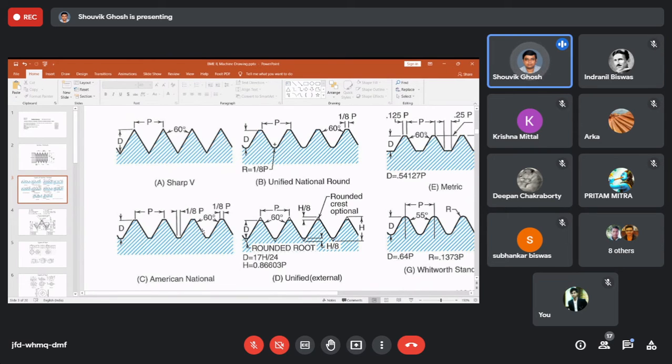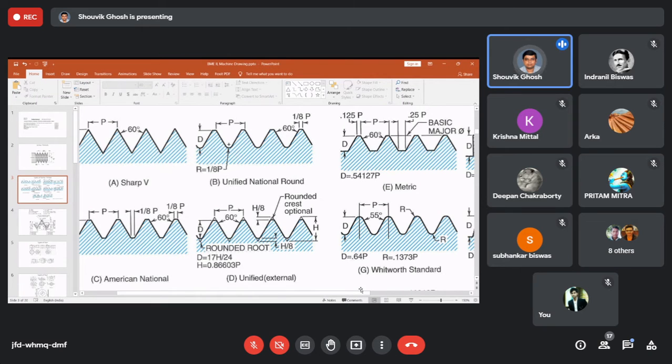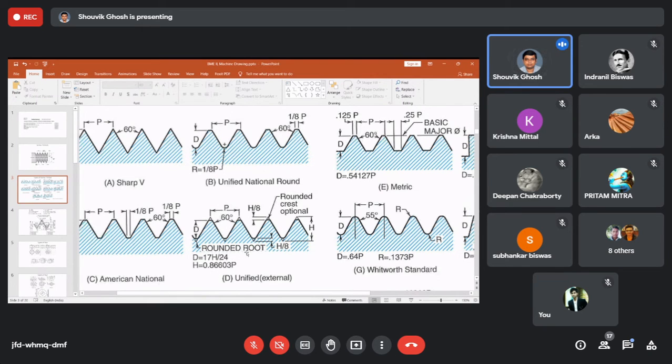কারণ মোস্ট অফ দ্য ভ্যালুজ আর সিমিলার। আমি এই 1/8 p সেম এখানে, ইউনিফাইড ন্যাশনাল রাউন্ডেও সেম, মেট্রিকেও সেম, আমেরিকান ন্যাশনালেও সেম। ডিফারেন্সটা কোথায় হচ্ছে? ডিফারেন্সটা হচ্ছে এখানে রাউন্ডেড 1/8 p রাউন্ডেড, এখানে ফ্ল্যাট, এখানে 1/4 p হয়ে যাচ্ছে, রাইট? সো ইট ইজ মোর অর লেস দি সেম। এগেন ইউনিফাইড থ্রেডে ইউ উইল ফাইন্ড এ রাউন্ডেড ক্রেস্ট অপশনাল। এখানে যে ক্রেস্টটা আছে ইট মাইট বি রাউন্ডেড, ইভেন দ্য রুট মাইট অলসো বি রাউন্ডেড, ঠিক আছে? সো দিস ইজ বেসিক্যালি অপশনাল ইন ইউনিফাইড।